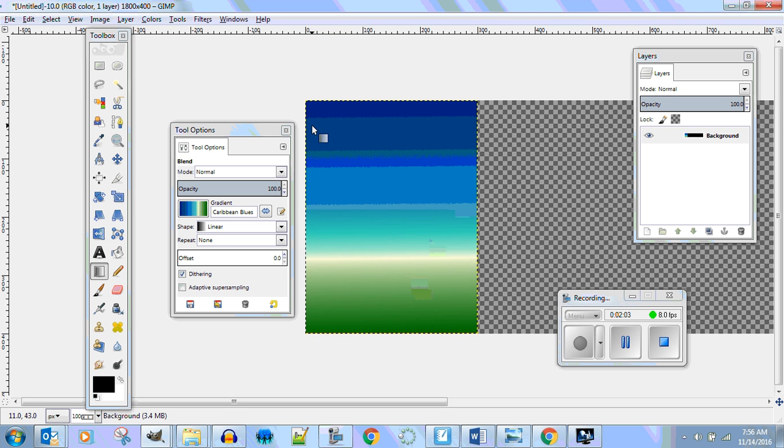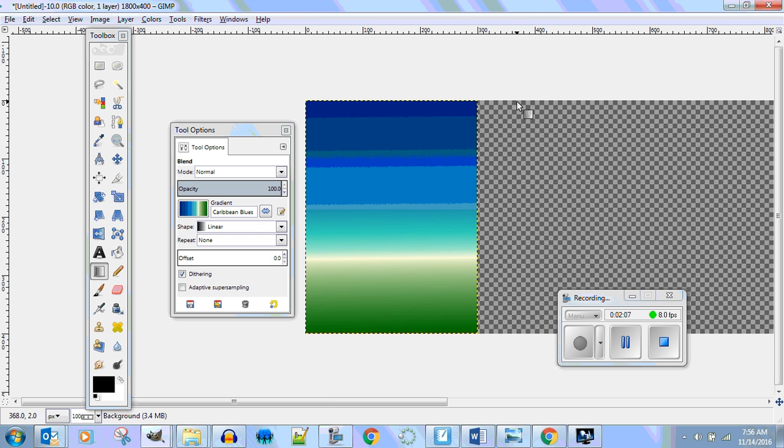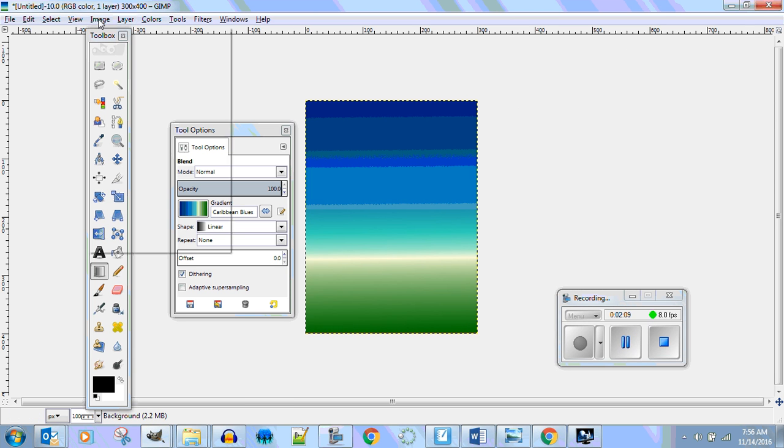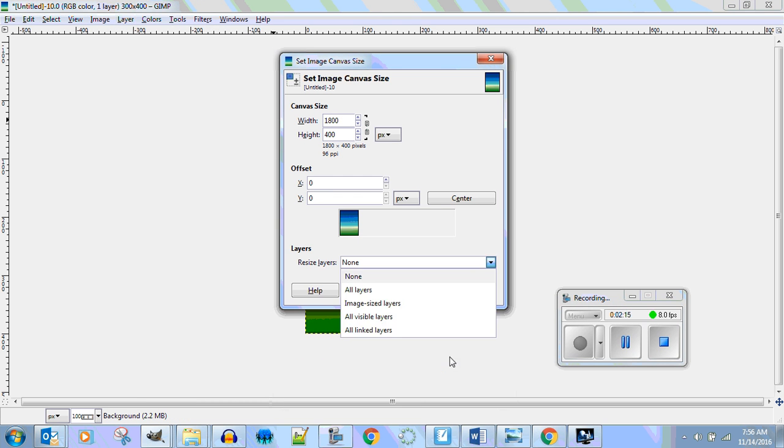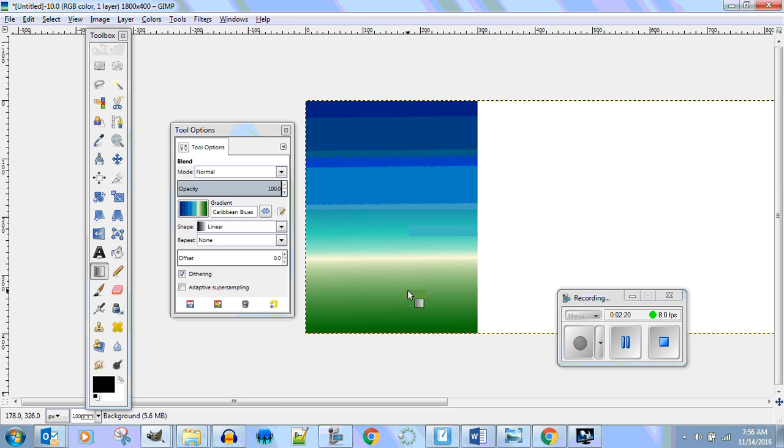Okay, let's get Control Z. So go Image, Canvas Size. I want to make this 1800, and you want to go to Resize All Layers. All Layers, Resize. All right, now all I have to do here